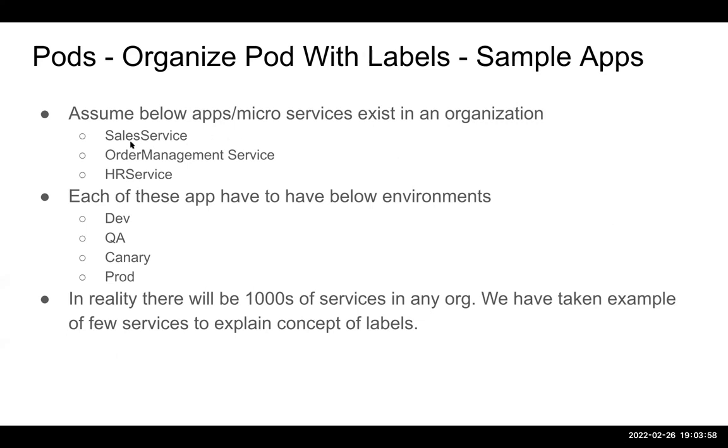So let's say you own a company, and in that company there are three organizations, and each organization created one microservice. There is a sales service, an order management service, and an HR service. Whether these are apps or microservices, they need to be deployed on a Kubernetes cluster. Now each of these apps or services needs to go through these environments: dev for dev testing, QA for QA testing,